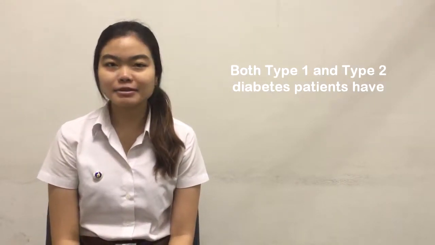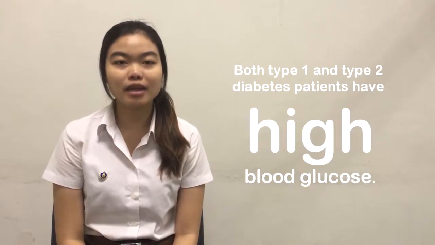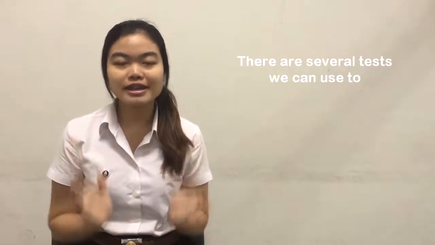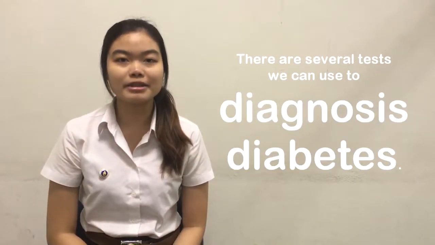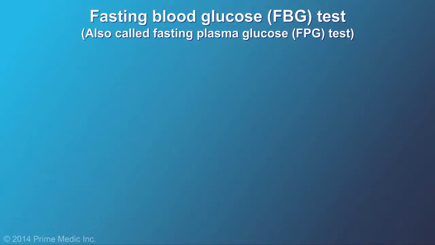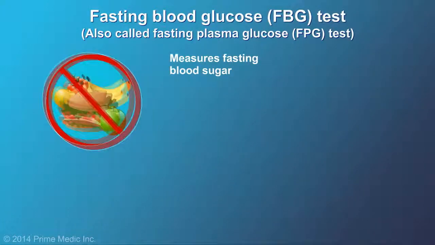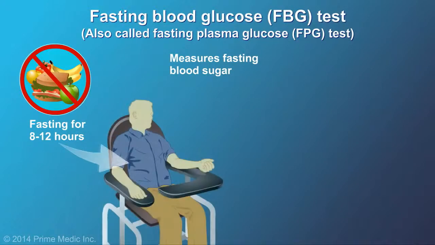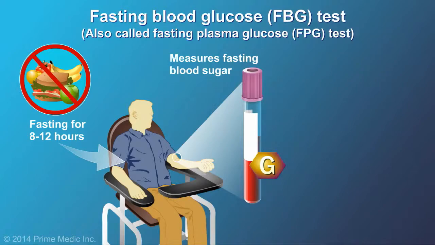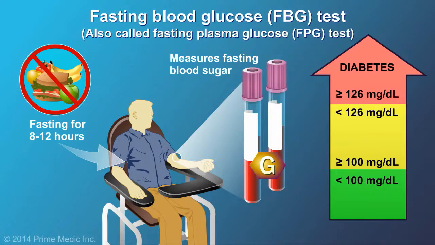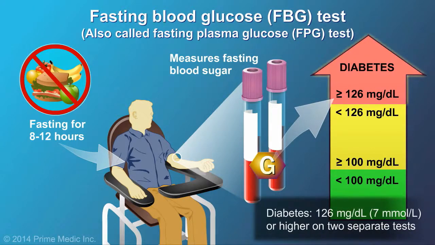Both type 1 and type 2 diabetes patients have high blood glucose. There are several tests you can use to diagnose diabetes. The first test is called the fasting plasma glucose or FPG test. This test measures the amount of glucose in your blood after you have not eaten for at least 8 hours. Diabetes is diagnosed when fasting blood glucose is 126 mg per deciliter or higher in two laboratory tests taken